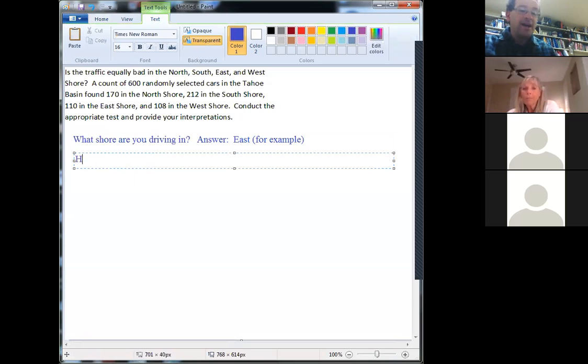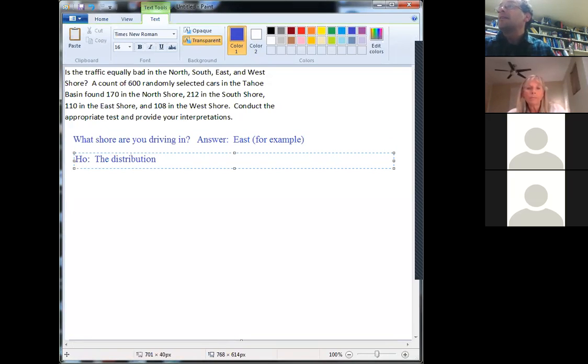So let's write down H naught. Those are symbols, but in terms of what H naught is, we want to think about this: is the traffic equally bad in these four shores? That's the question, and that's going to tell us what H naught is. So what we can say, and note the word I'm using, the next word is the most important word,